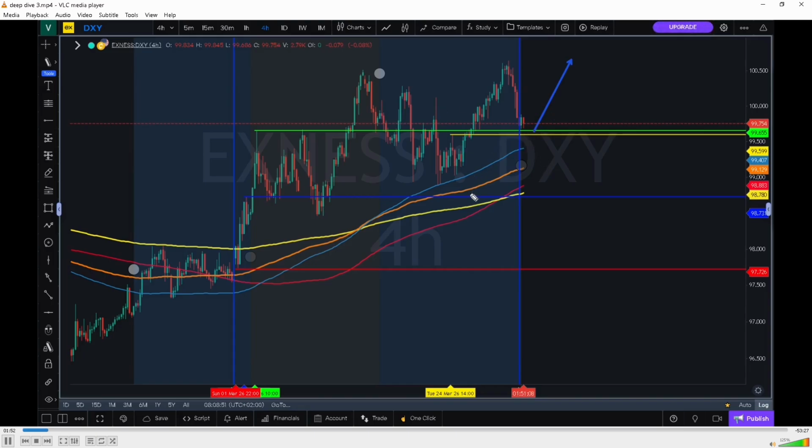Now, as you can see with this blue arrow, the wave liquidity and the 14-day liquidity are close to each other. The wave liquidity is 99.65 and the 14-day liquidity is 99.59. They are very close, making this a strong level to look for buying opportunities before we continue to the upside. I will not be looking for selling opportunities now. That is exactly what happened.